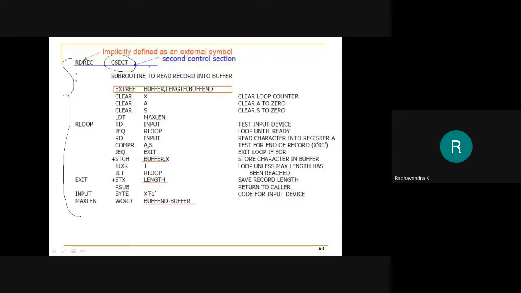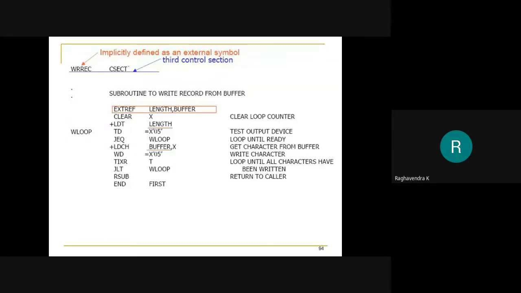In the case of USE, we write the block name afterwards, but in the case of CSECT, the name of the control section is defined first, and then CSECT says that this is a control section. This is the write record control section.